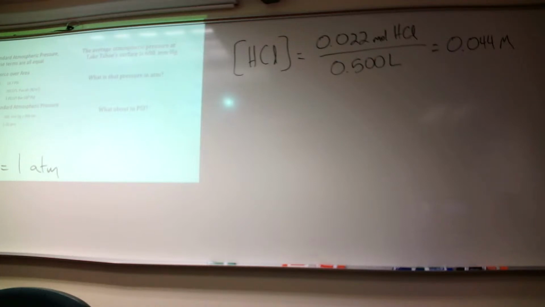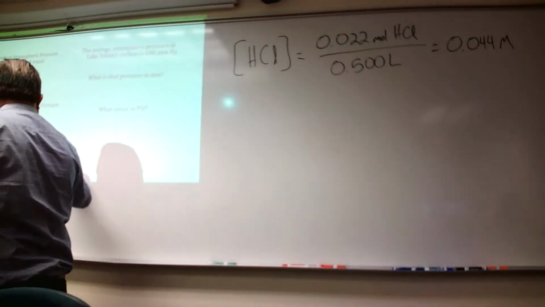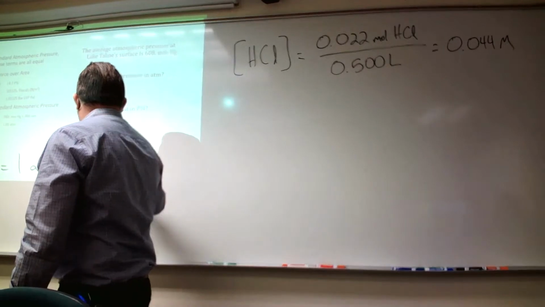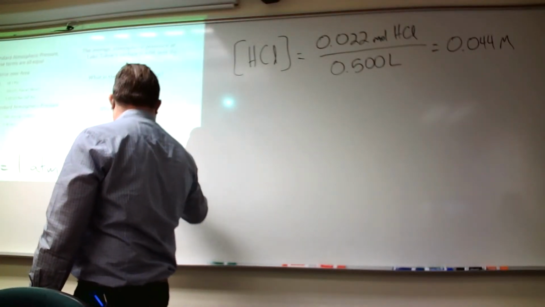So 1 atmosphere of pressure is equal to 14.7 psi, is equal to 101.325 kilopascals, or 101,000 pascals. And all of these numbers are equal to each other. We use standard atmospheric pressure as basically our zero. We compare everything to that. And the other one is 760 millimeters of mercury,